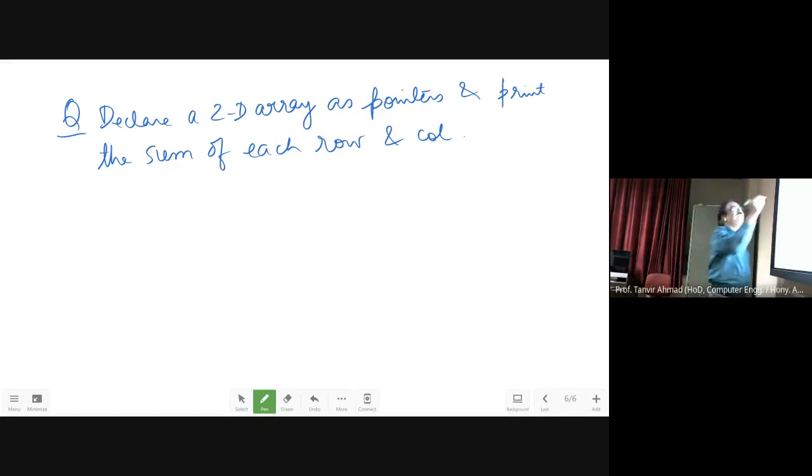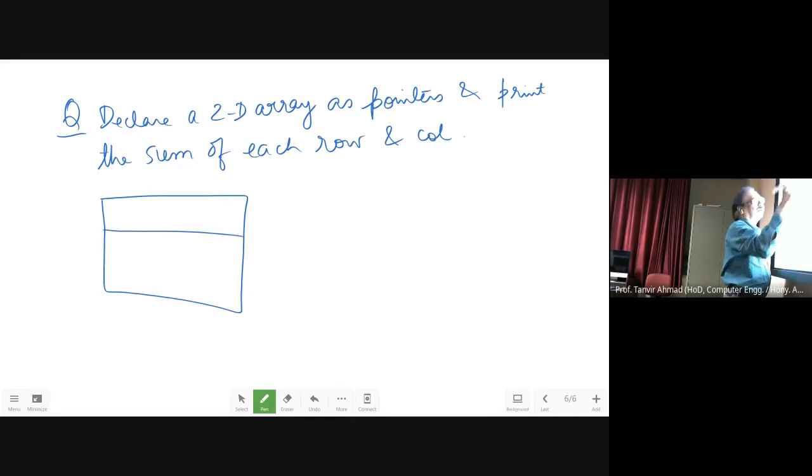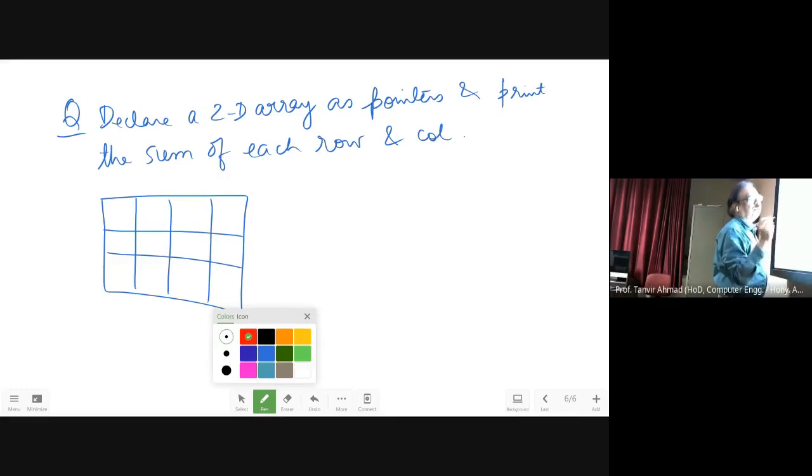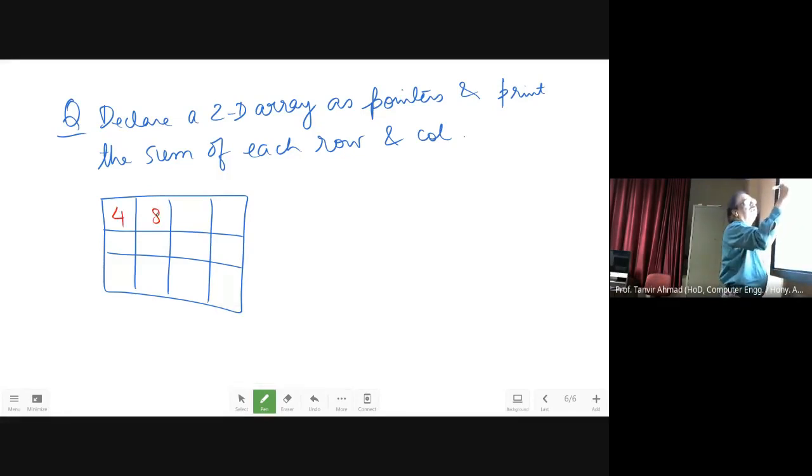Now what you do is that you take an array like this. Put some values to this, for example, 4, 8, 2, 6, 1, 3, 9, 7, 2, 4, 5, and say 2.